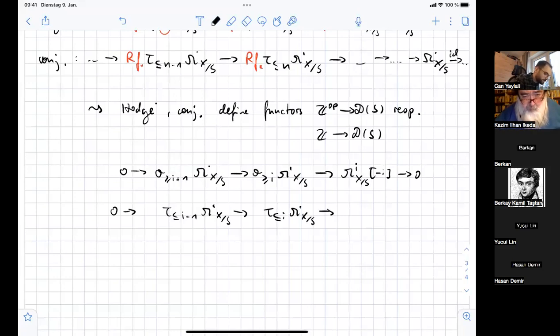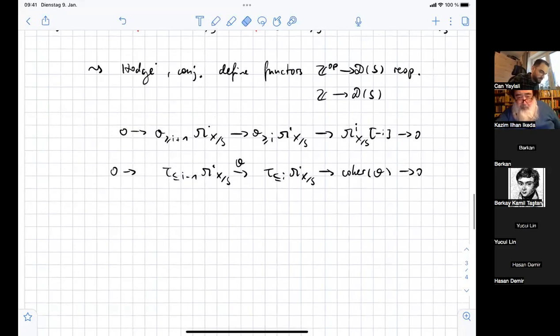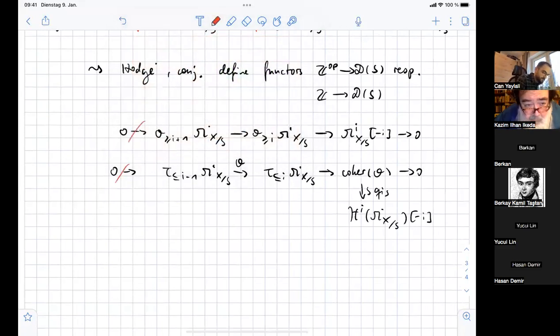Okay, and let's call this theta. You get a co-kernel theta, which, okay, maybe this is not that interesting for you, but what you can show is, okay, this is quasi-isomorphic to the ith cohomology sheaf of the de Rham complex shifted by -1. So what we can do is we can just say, okay, let's get rid of these zeros, because we were going to work derived anyway,